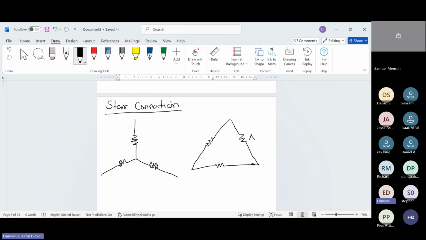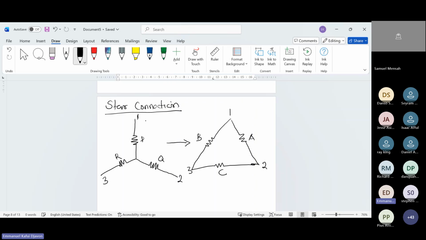where this is A, this is B, and this is C. This is 1, this is 2, and this is 3. In this case, for the star, this is 1, this is 2, and this is 3. So, as you can see, this is P, this is Q, and this is R. So now, I'll draw something here to show you that we can convert star to delta,